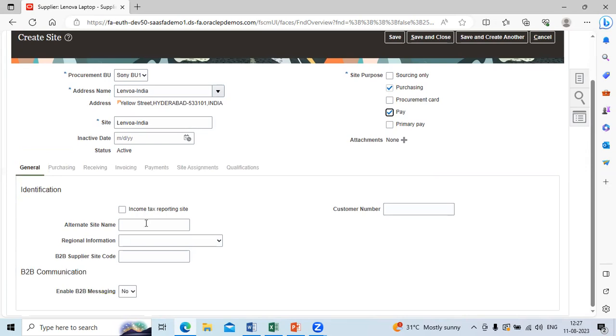What are the alternative supplier site name, business information, and what is the customer number. This is nothing but our customer number, our number in his records. The same information you are able to see. Are you going to use business to business communications, how do you want to do it? Are you going to do yes or no? You can enter all the details here. Just save it here